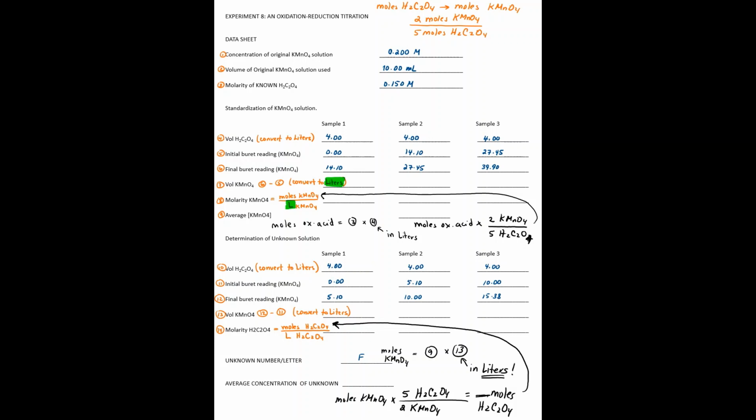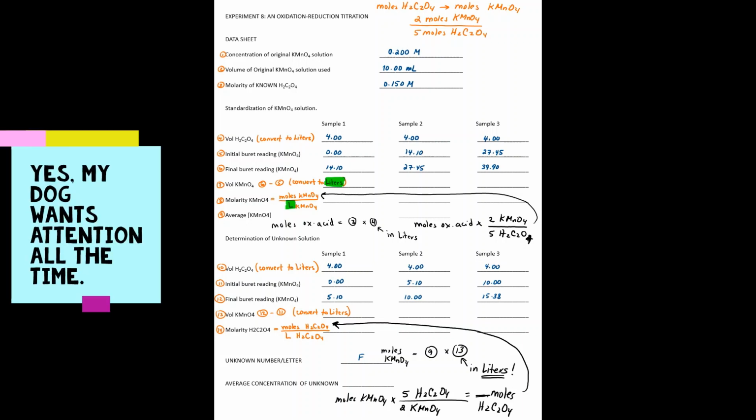So you have to do the same for all 3 samples. For sample 2, you have to find out the moles of the permanganate first, which is the average that you have for potassium permanganate in number 9, times the volume that you have in sample 2 for potassium permanganate in liters. And then you have to convert those to moles of oxalic acid using your stoichiometry from the reaction. In this case, it is 5/2 because 5 is the coefficient for your oxalic acid, and that's the one that you're trying to calculate. And that will be divided by the volume in liters of